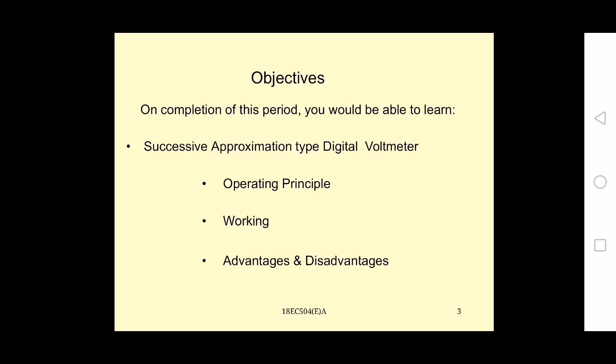What I have to do is successively approximate the weight. Successively approximating means my measurement is 100 kg, and I want to measure that 100 kg by successively approximating different values. So first, on the other side of the balance I am putting a weight of more than 100 kg.